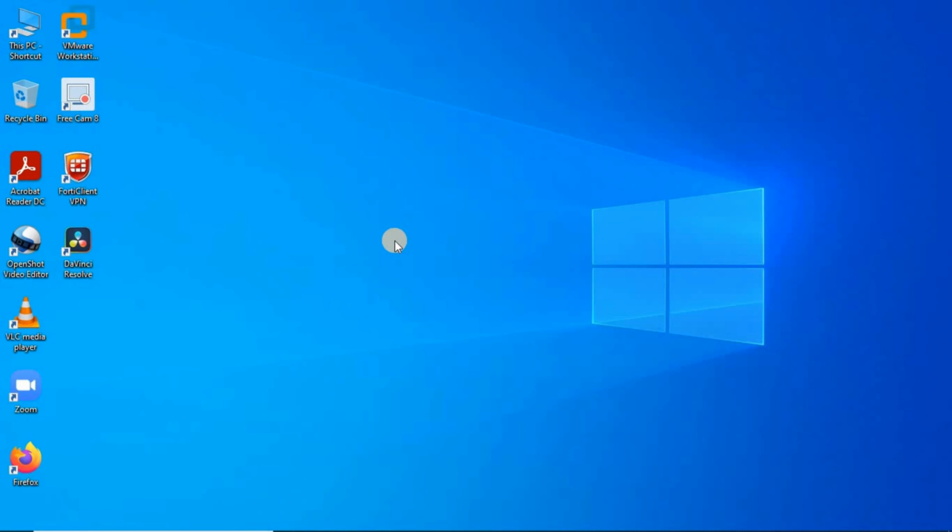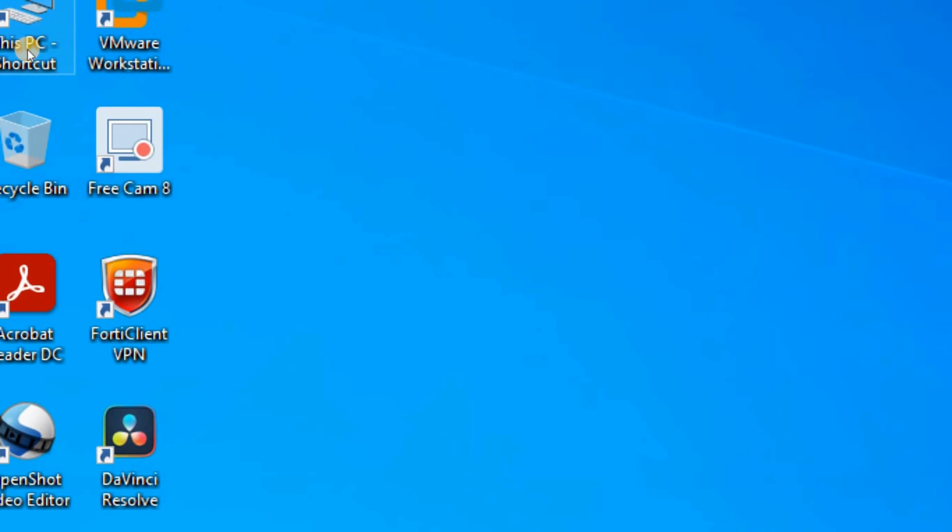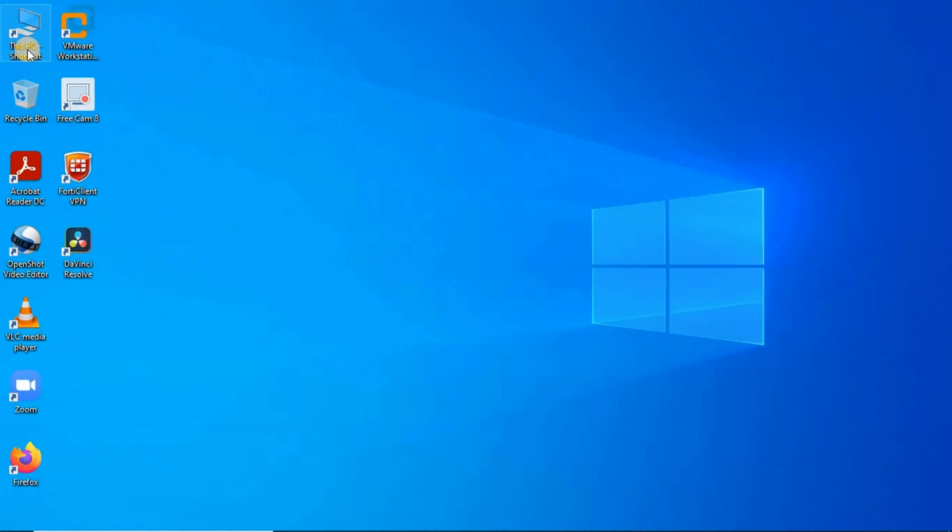The system automatically takes the area wherever your cursor is. So I'm keeping my cursor here. Just press and hold the Windows key, press the equals button, it will zoom in on that area. Now press and hold the Windows key, press the minus button, it will zoom out.